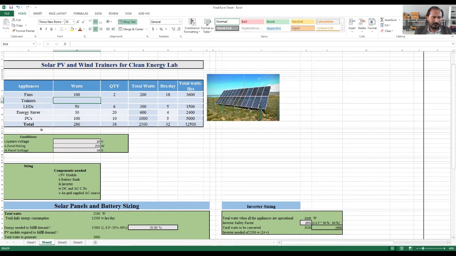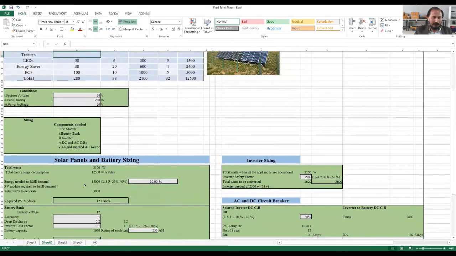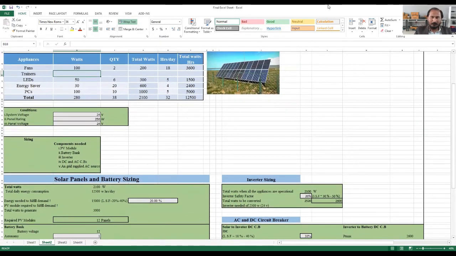One is for a technical person and the other is for a non-technical person. Technical means one who is an electrician and knows about the wattage rating and quantity. He simply puts in the wattage rating and quantity and will decide the circuit breaker, PV module, battery bank, inverter, etc. Automatically he can check the panel rating and number of series-parallel combinations.